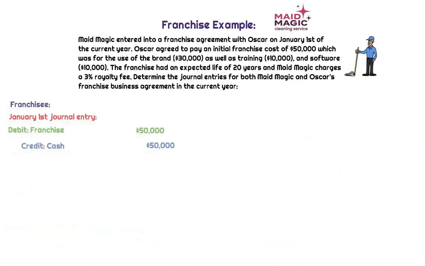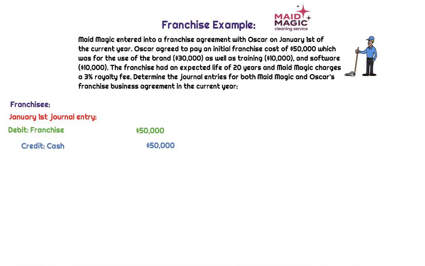But on the franchisee side, things are a little bit different. Now we're talking about Oscar acquiring the use of this intangible asset on their balance sheet. The name Made Magic is intellectual property that becomes an asset to them. Initially they need to record the cost of the intangible asset, and the intangible asset in this case is the franchise itself. Keep in mind, this will be reported at the present value of the total amount paid. This isn't necessarily always going to be one lump sum amount. Maybe they're going to pay this in installment payments with interest. That might require that you also record a discount or a premium associated with the note. Not going to be the case here. It's just a $50,000 lump sum amount.